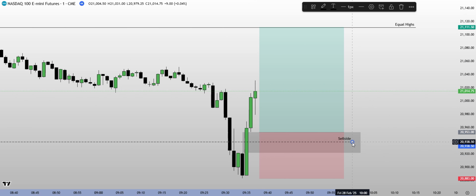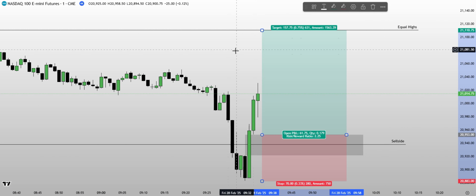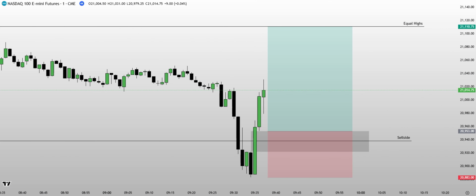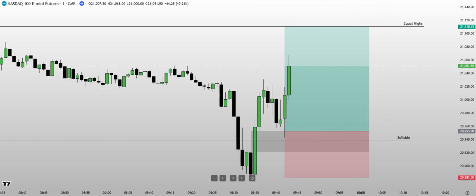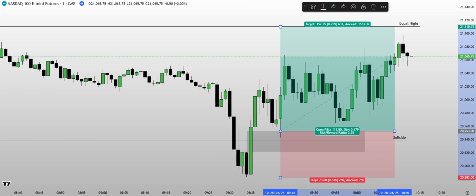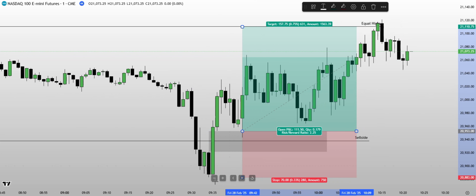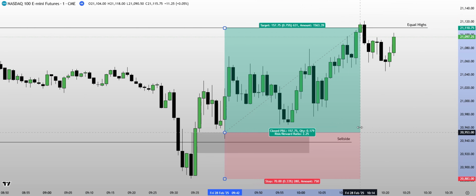PD array entry right here, and you can target those equal highs right above for an over 2-to-1 R. And so let's see if we get that entry. And so there's the entry right there. And so let's see what price does. So as you can see, price keeps on going and goes all the way to these equal highs, to that drawn liquidity